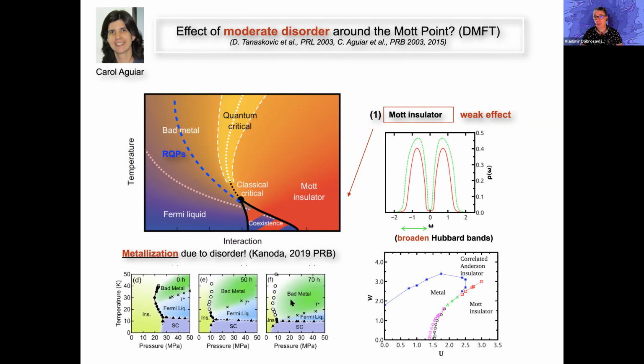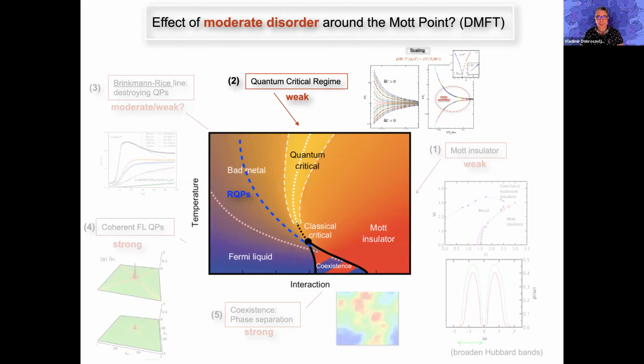So this is the first glimpse that the disorder, in fact, can in some cases suppress Mott localization and not help it. Next, we would like to ask, if we now start reducing the interaction strength or increasing the bandwidth and go to higher temperature, where the Mott gap starts to close gradually, we can ask what happens in this high temperature regime here, which we denoted as a quantum critical regime.